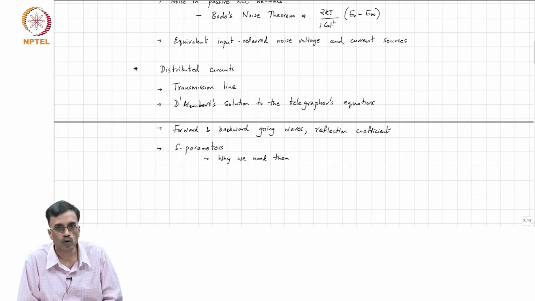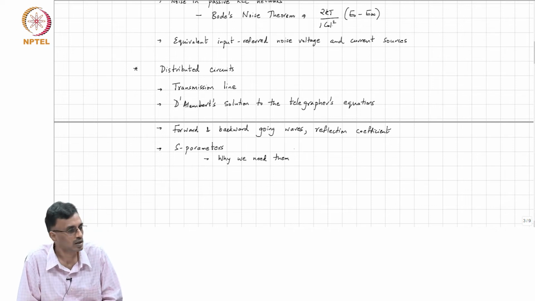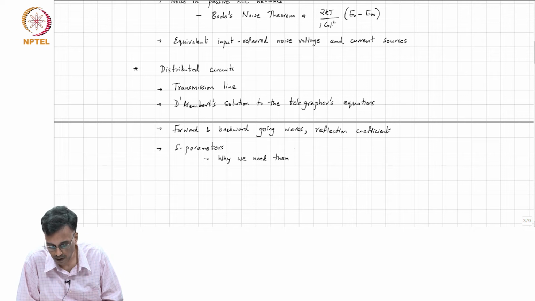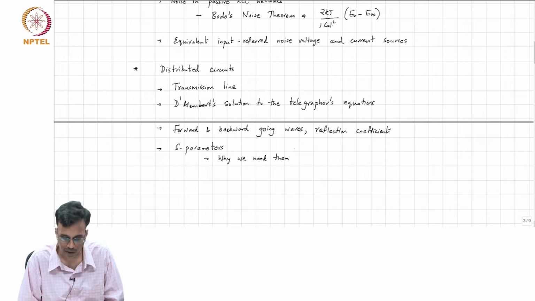And why the old set of parameters, namely Z, Y, H and G, were not adequate in practice, because all those parameters need to be measured with some port being either open or short, and in a practical measurement setup, whenever you have an open or a short, it depends on the length of the cable and so on, and many times it is entirely possible that the system starts to oscillate. S parameters on the other hand basically work by terminating the transmission line. So, there is a real practical reason why these S parameters are there.